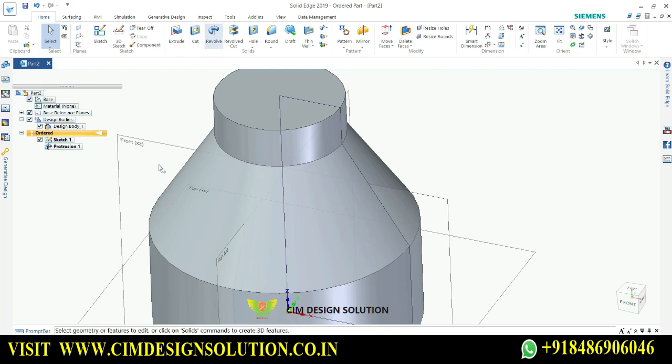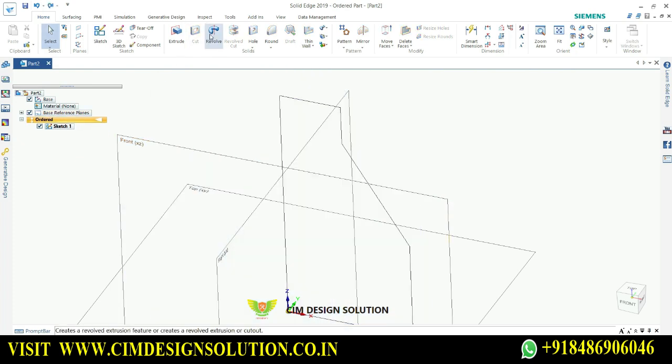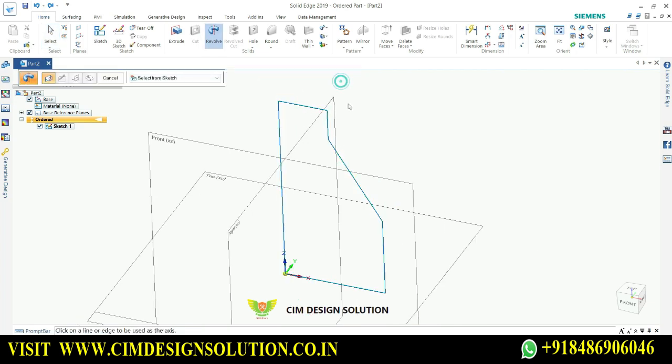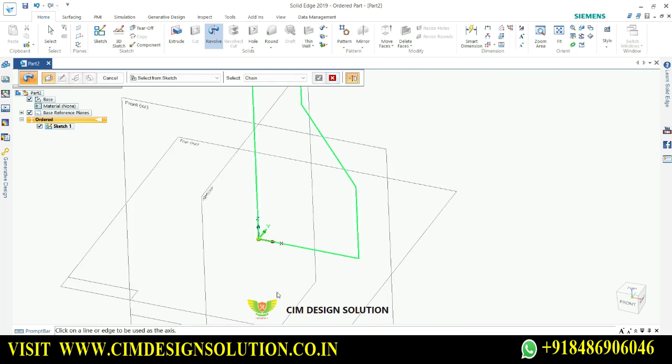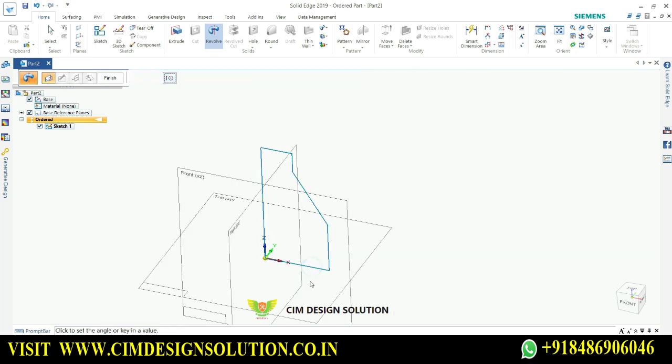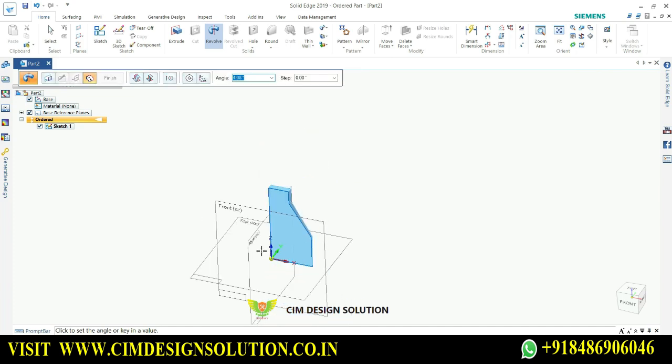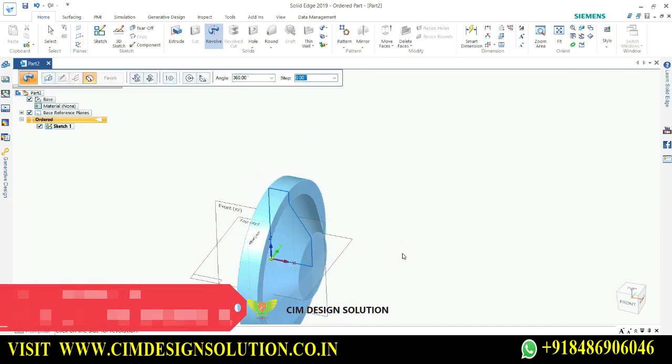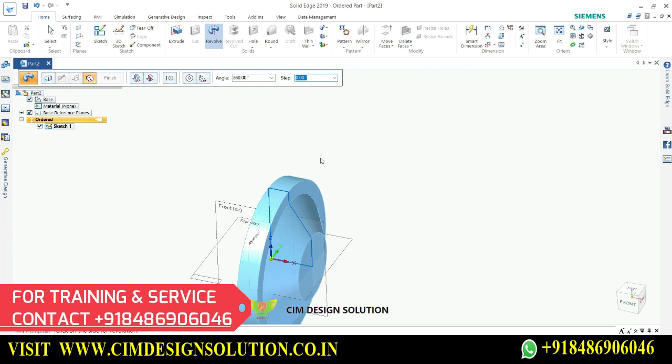Now let me using Ctrl Z. Now this time I will select this, hit this OK button, and right now I will select this particular line for the axis of revolution. You see your object will look like this. So what happened, what I mean to say is that